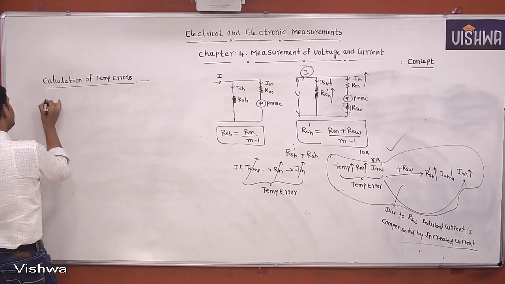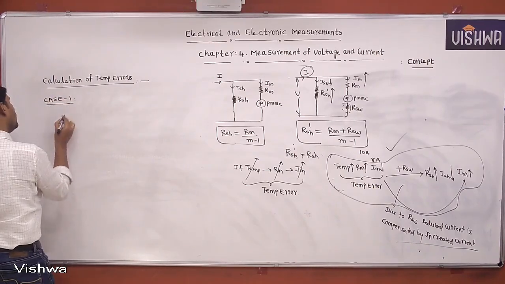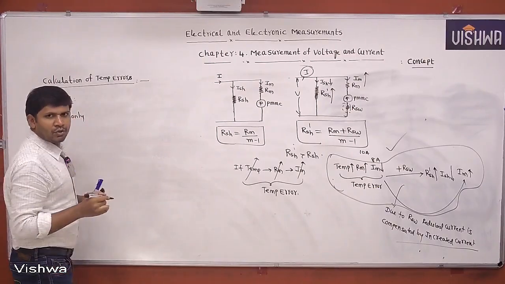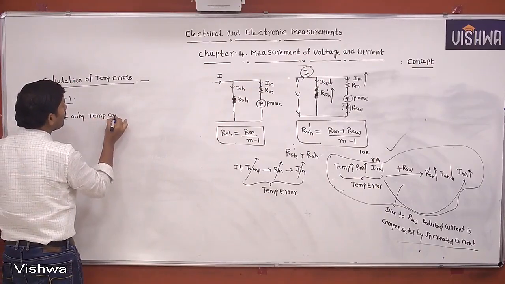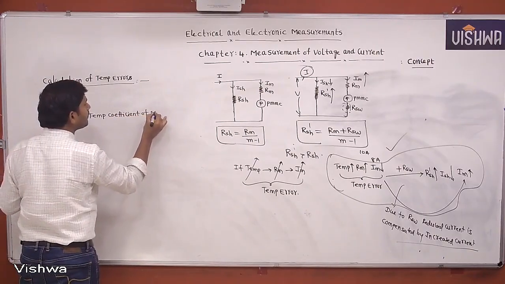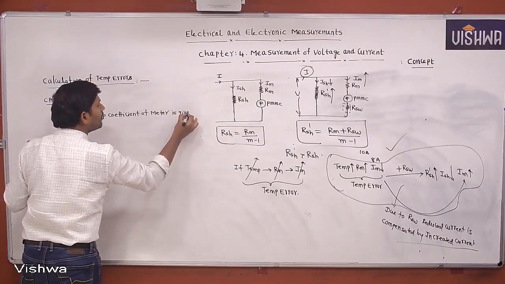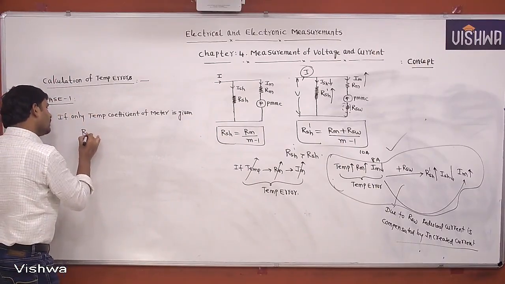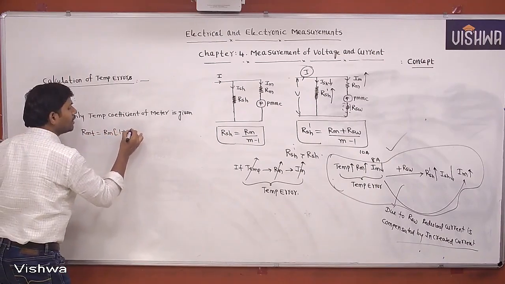Case 1 is if only the temperature coefficient of the meter is given. If only the temperature coefficient of the meter is given, then you calculate RMT equal to RM into 1 plus alpha m